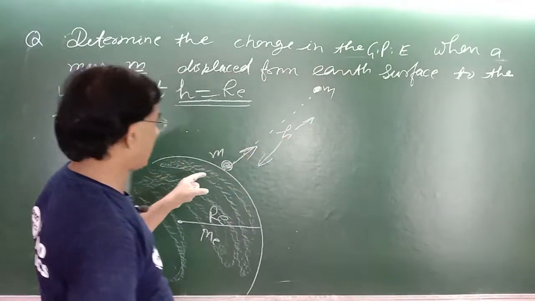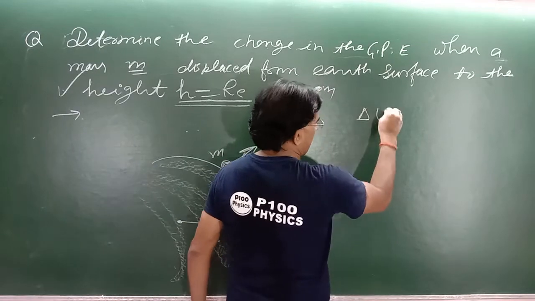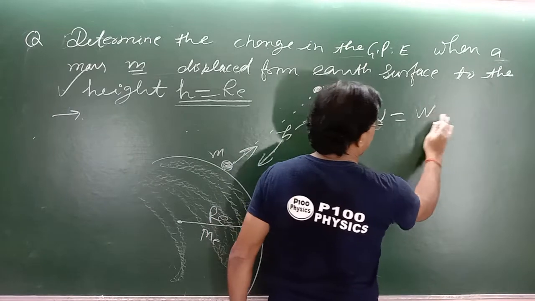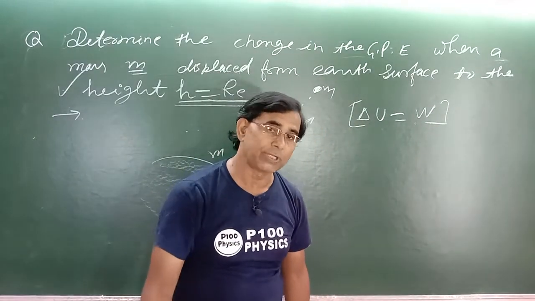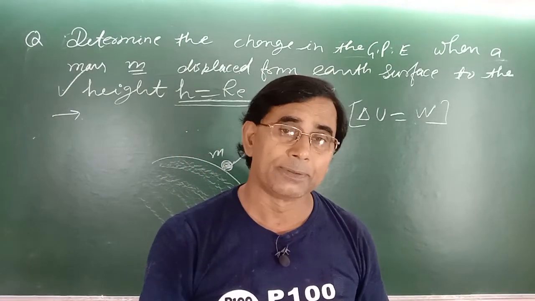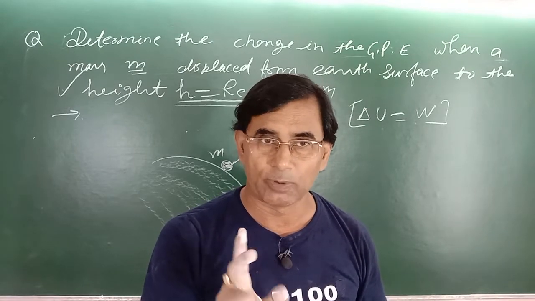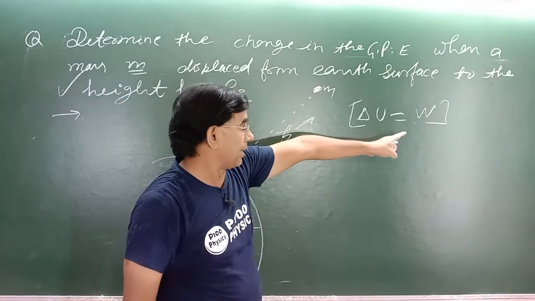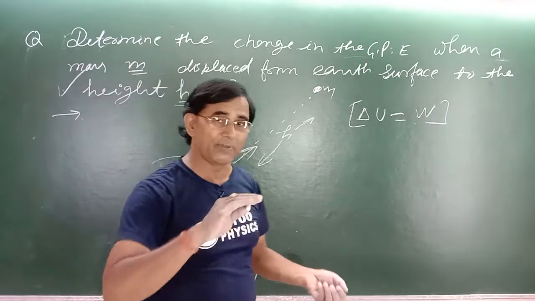What will be the change in the gravitational potential energy? Keep in mind, delta U will be equal to the work done, W. The change in the gravitational potential energy is just equal to the work done. Whether the question asks for the work done in the process or the change in the potential energy, the answer of both will be the same. Delta U is just equal to the work done, W. Very, very smart and fantastic technique. This is a very, very important